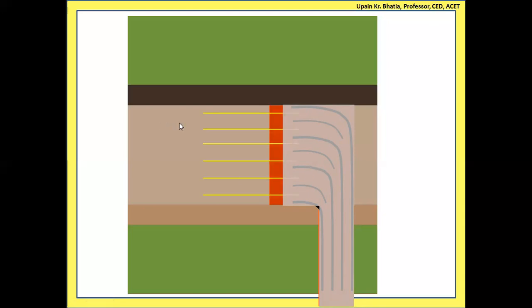Thereafter, what we see is that the silt laden lower layers enter below this diaphragm slab and into these tunnels. Now the top has been covered, the bottom is confined by the depressed floor, the top portion is confined by this slab, and in between there are some passages confined by these diaphragm walls. So the water which has entered encounters these rectangular tunnels whose cross section keeps on reducing, so their velocity keeps on increasing because it is a continuous flow. Now it is pressing and finding its way to the outside.